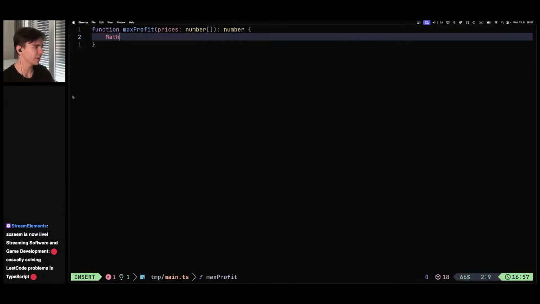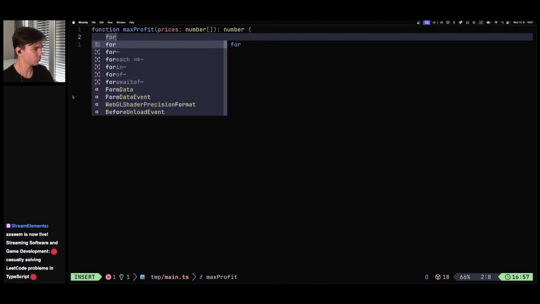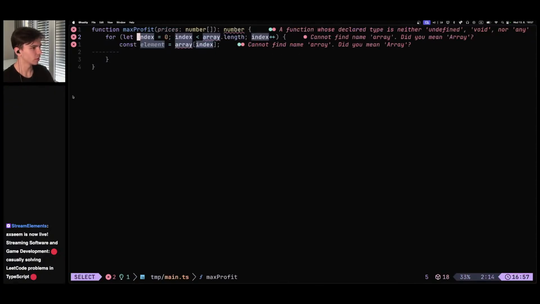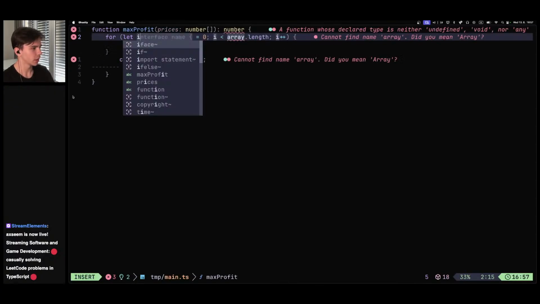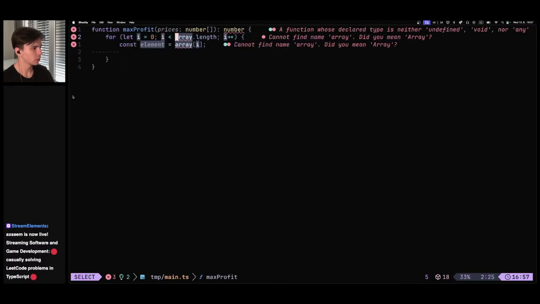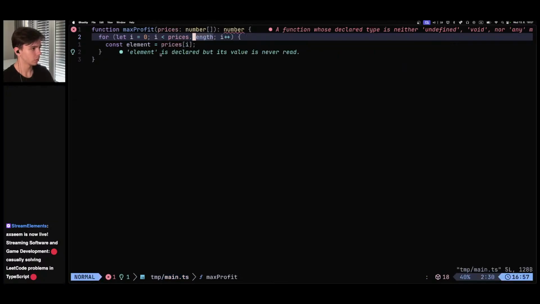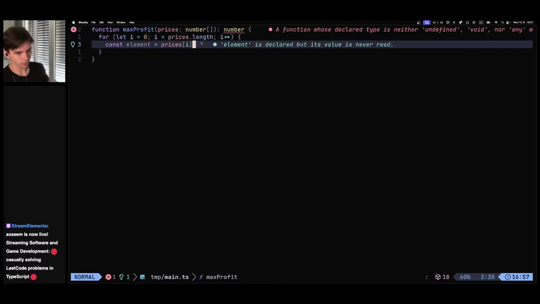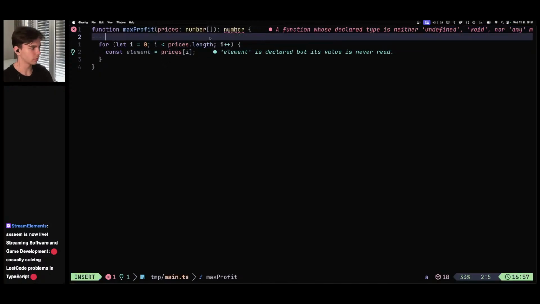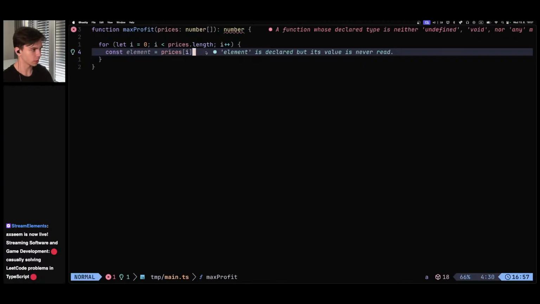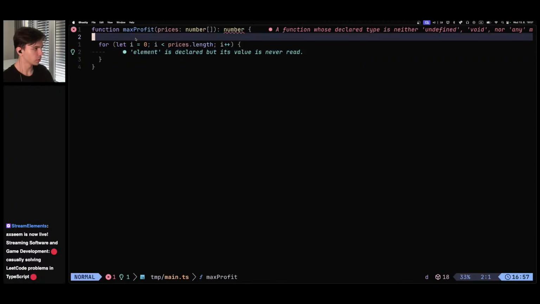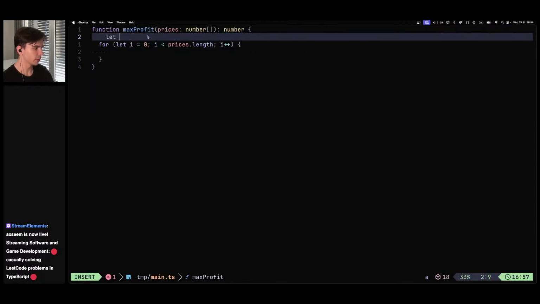Okay, I guess let's just plainly do an iteration, right? Why am I even doing that? Just iterate through it. Prices. Max. Yeah, but I guess it will not work, right? Because I need the index. I mean, at least I can imagine how I will make it work. So, first of all, let